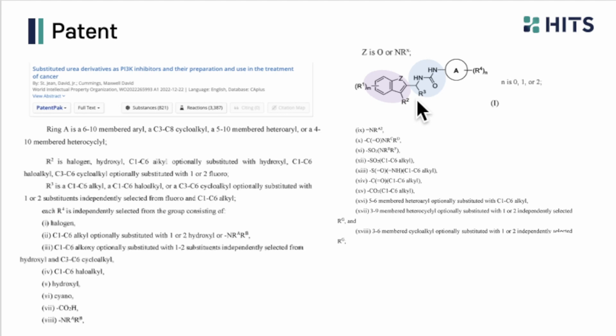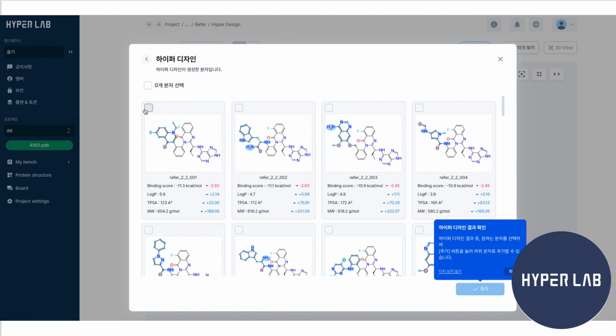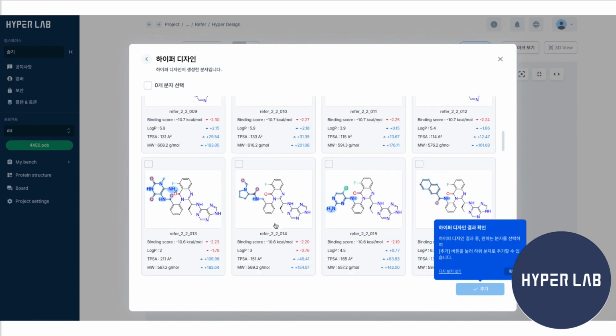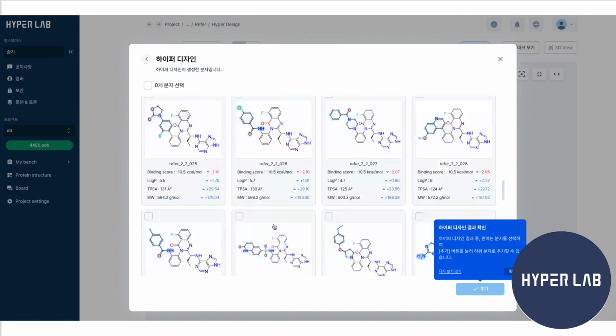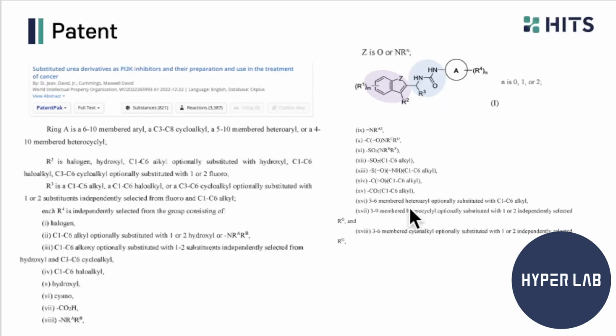This is when you can use hyperdesign. Hyperdesign is a great tool to use when researching new derivative designs. By considering both 2D and 3D structures, you can get ideas for designing new derivatives in a reasonable way. And as you can see, it also gives you a three-dimensional bond structure of the designed derivative, so you can also get additional ideas. So let's see how you can use hyperdesign to design, and what other ideas you can get